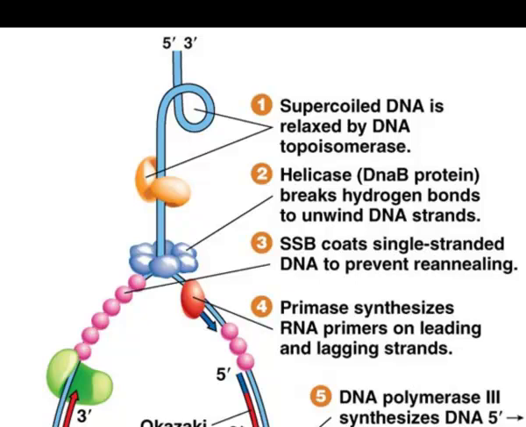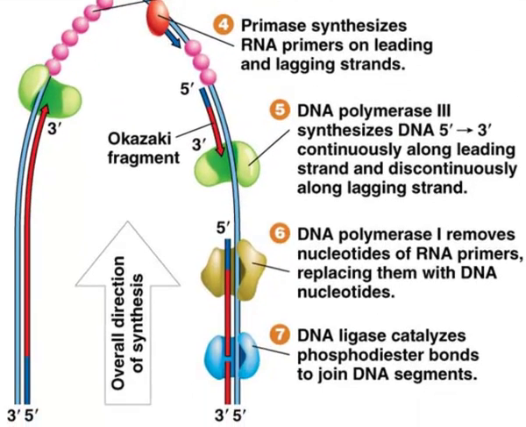The single-stranded binding proteins then coat the single-stranded DNA to prevent it from renaturing. Primase synthesizes many primers on the lagging strand and only one on the leading strand. DNA polymerase III then synthesizes DNA in the 5' to 3' orientation by always adding a phosphate group to an